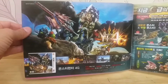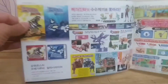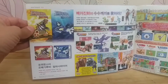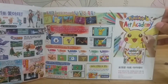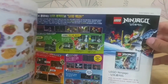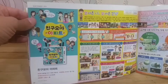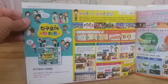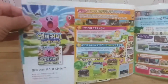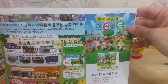There's Monster Hunter 4G, Monster Hunter 4 in the US. As you can see, fantastic. There is Ruby and Sapphire. They just cover tons of information. Pokemon, what was that? Art Academy, I never played that. Ninjago. It's like Tamagotchi Life. Just full of packed information and things. Yoshi, Kirby. So as you can see,